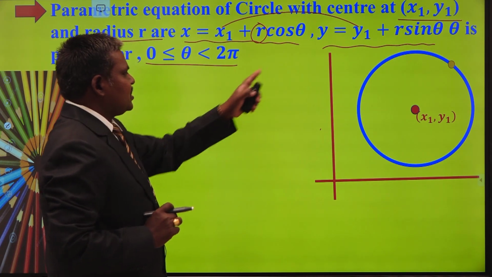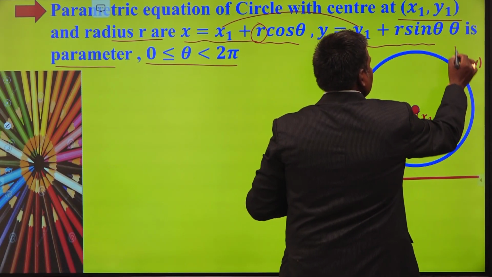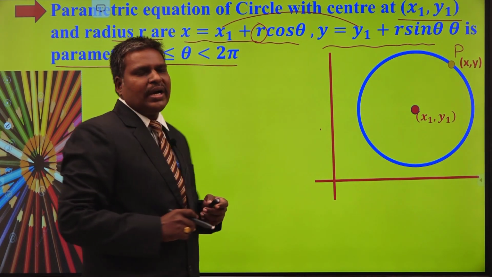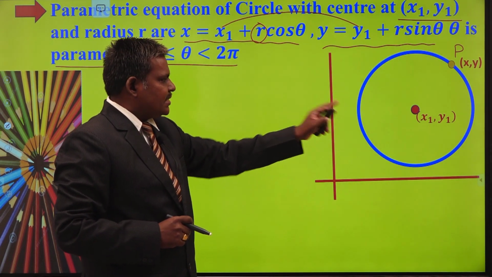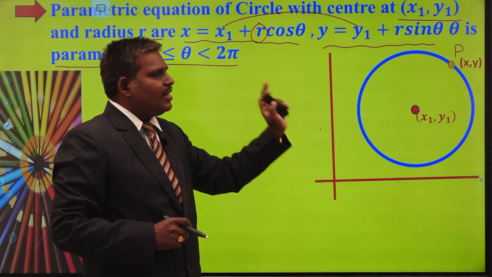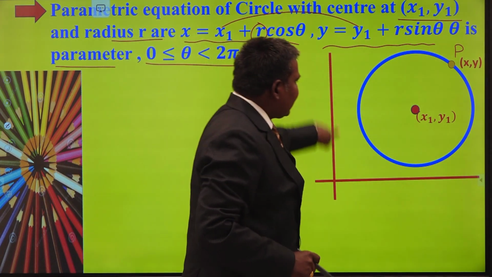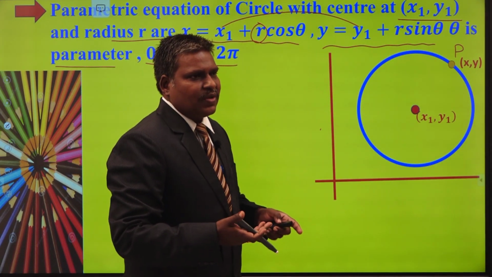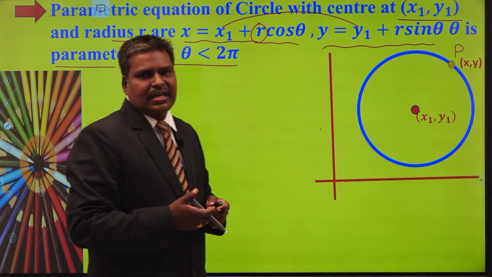Now this is any point on the circle, x comma y, say. Let P be any point on the circumference of the circle whose coordinates are, say, x comma y. I am going to write those coordinates in terms of x1, y1 and the radius. Then only can we write any point on the circumference of the circle in terms of r and x1, y1. Immediately we can produce so many points on the circumference of the circle.